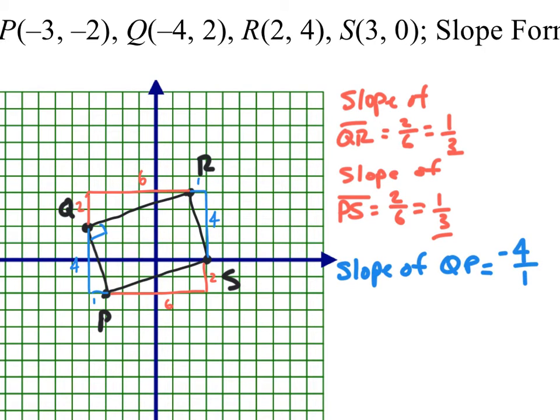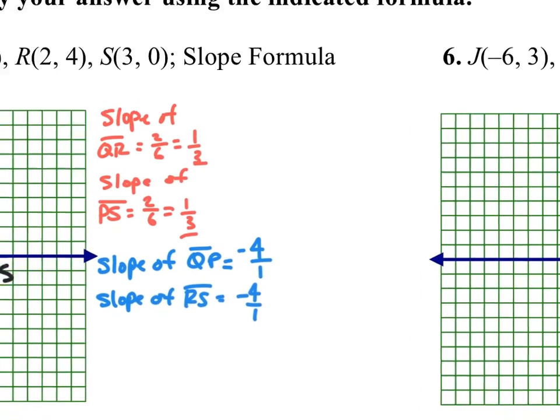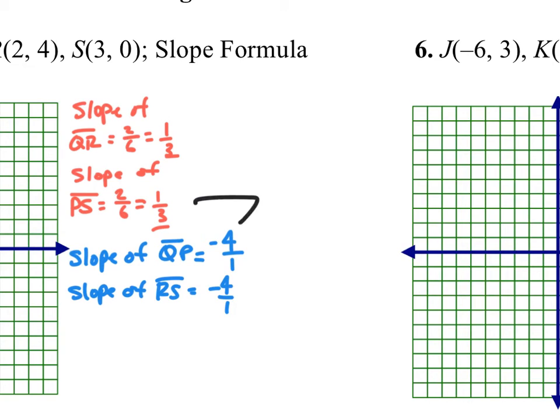Okay, and then the slope of RS is the same thing, negative 4 over 1. So we know that we have a parallelogram. We know that opposite sides are congruent, but these are not opposite reciprocals of each other, okay? So I'm going to write that these are not opposite reciprocals,